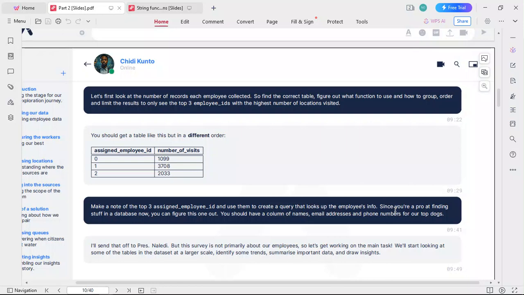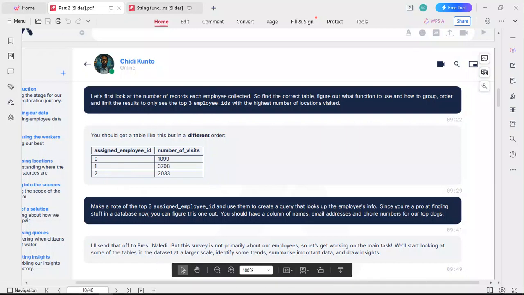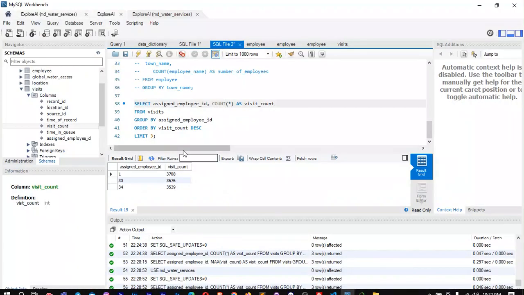Yeah, that's a very wonderful explanation, and I think sometime back we talked about the primary key and the secondary key. So you use the secondary key to fetch information from the primary key and all that. So I think we can use this assigned employee ID and then fetch more information on, I don't know which table,